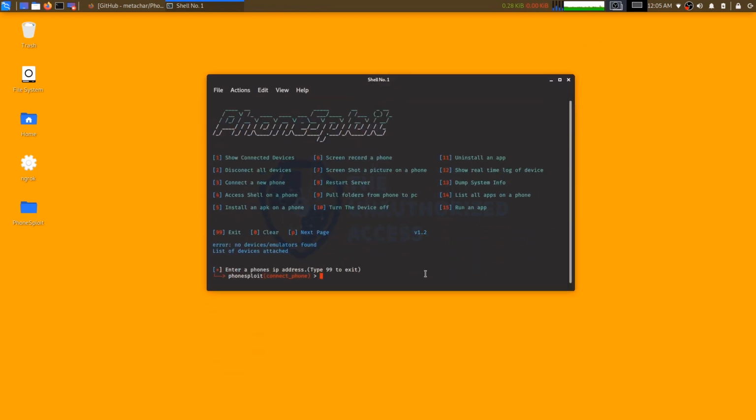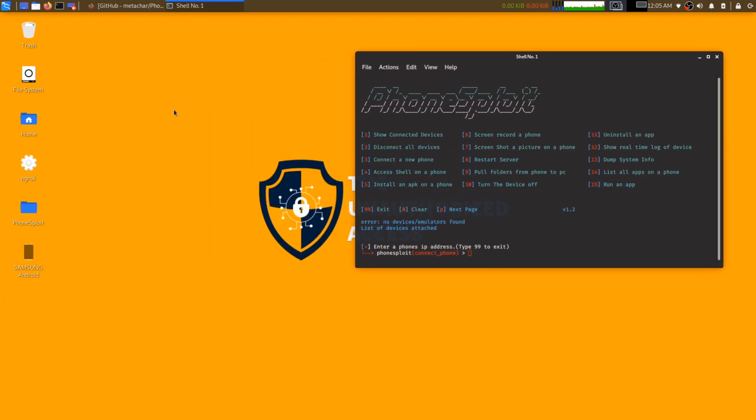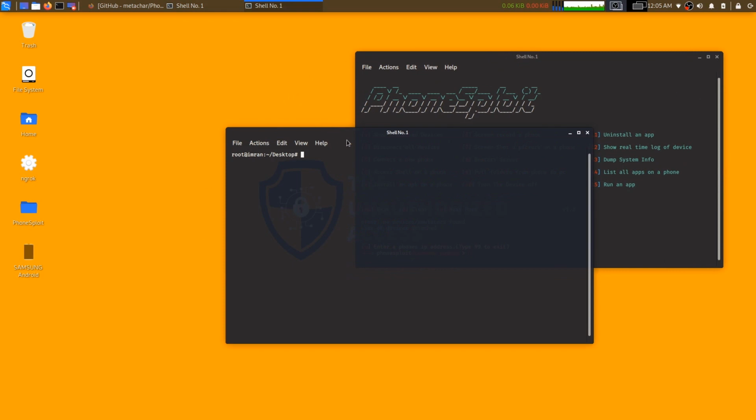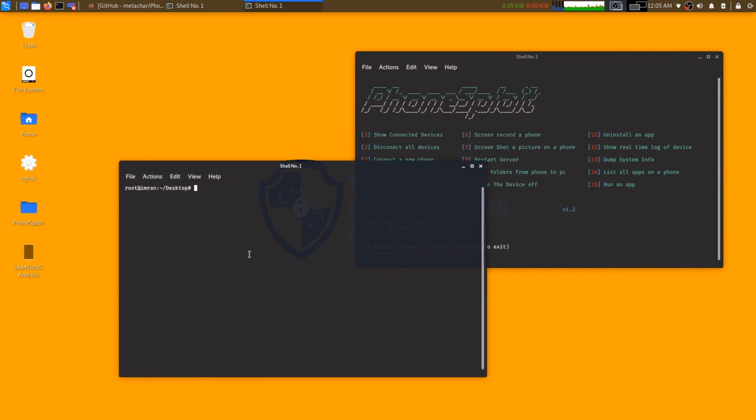Now what we should do is take the mobile and connect it to our computer. I have connected it to my computer now. As you can see, my mobile is connected here, Samsung Android. I will connect this via adb and check whether it is successfully connected or not. Okay, I can see here my device is attached to my computer.